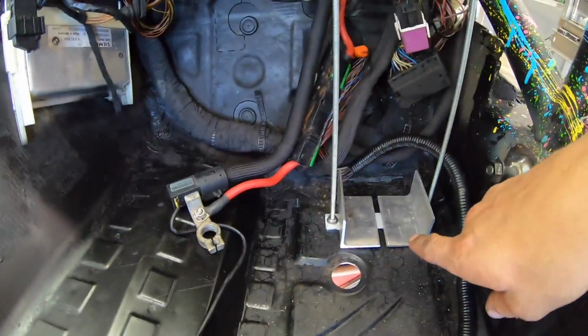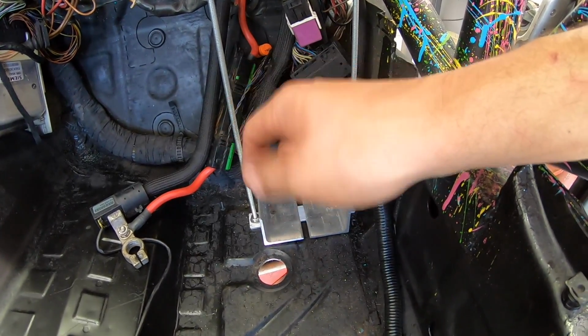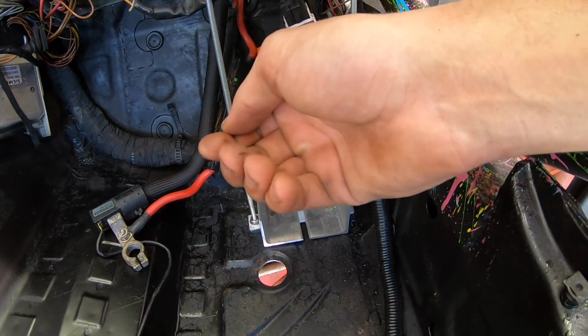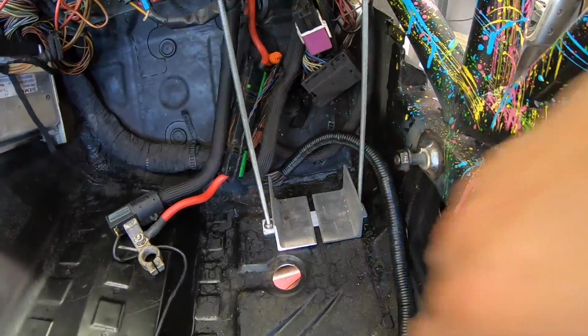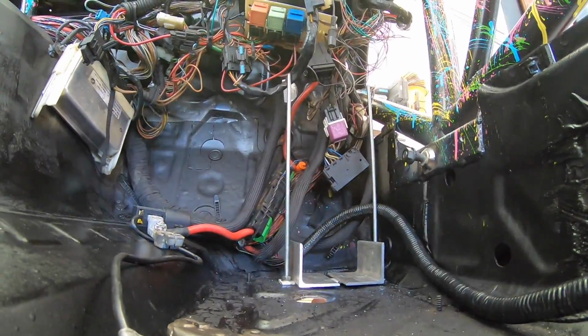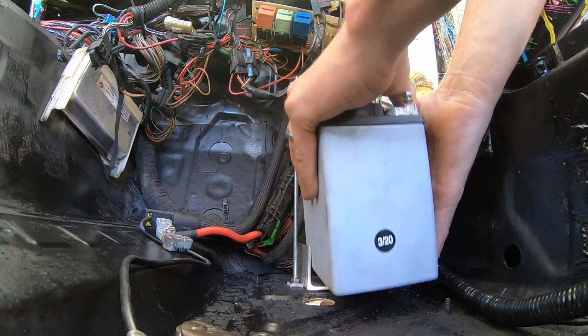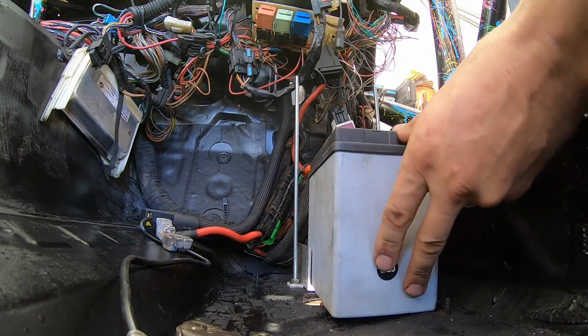And this is a little bracket I came up with. So we just have some threaded rod that is bolted through the floor, or drilled and through bolted on the backside with fender washers. And I just made this quick little aluminum bracket. And then let me show you our battery. So our battery is going to sit something